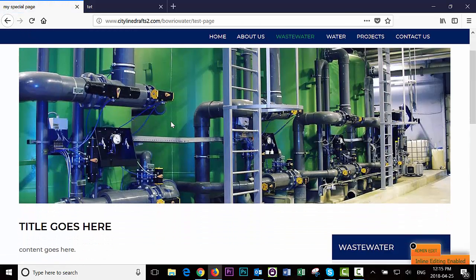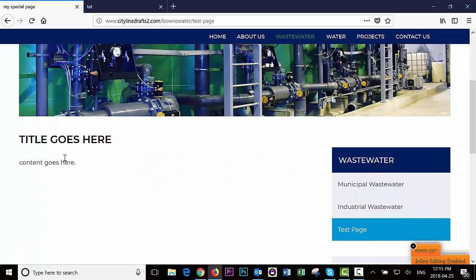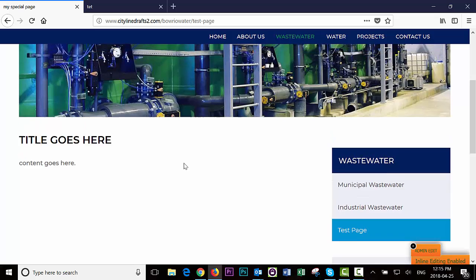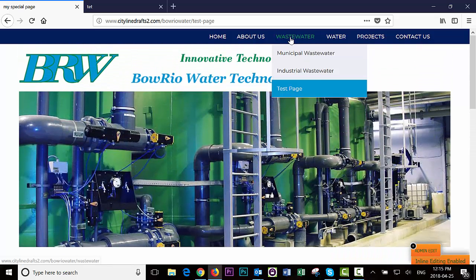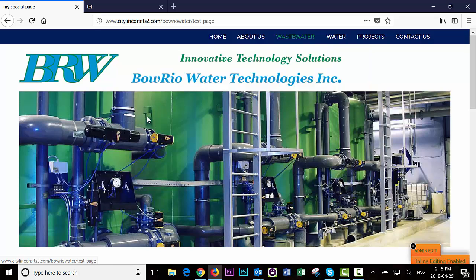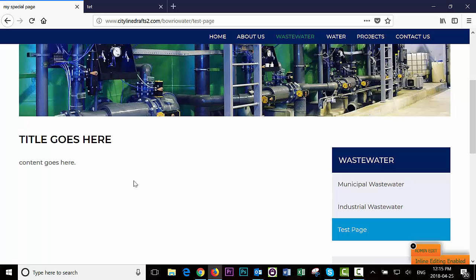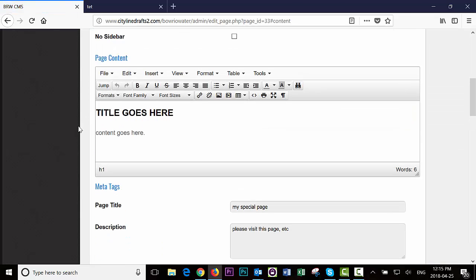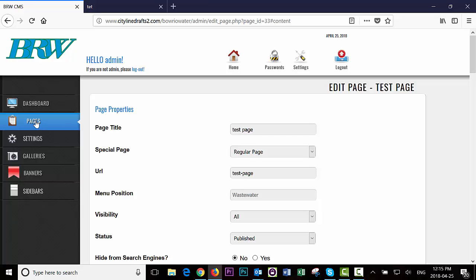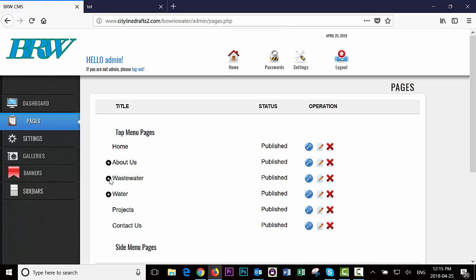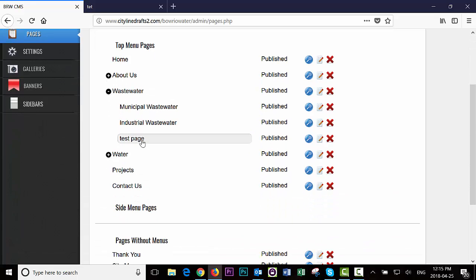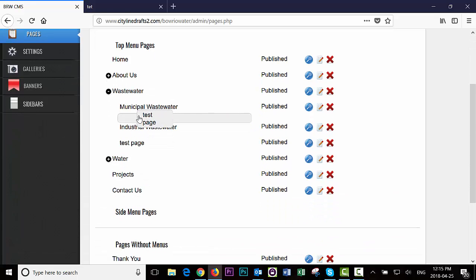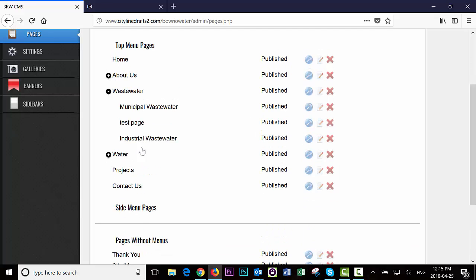So here's the page. That's the random banner that showed up, and the title goes here, content goes here. Boom, you're done. You can mouse over the title, and you can see the test page is there at the bottom. If I want to move where that page is located, and maybe move it between municipal and industrial, then what I'll do is click back in here, jump back, and go back to the Pages tab,